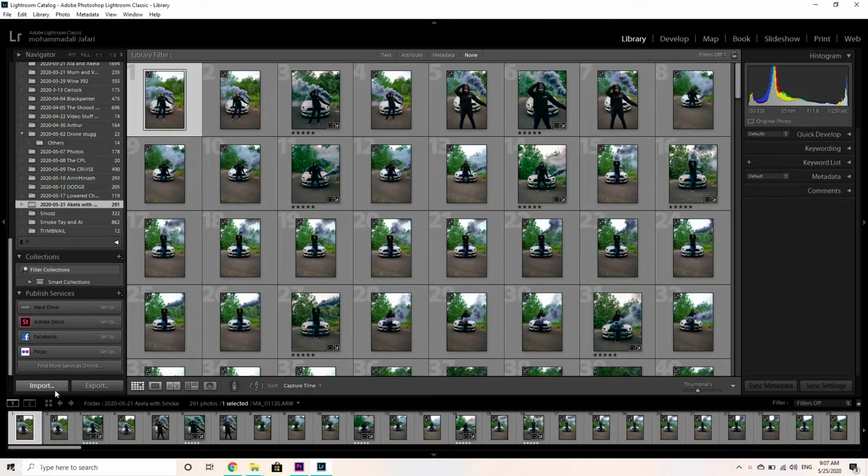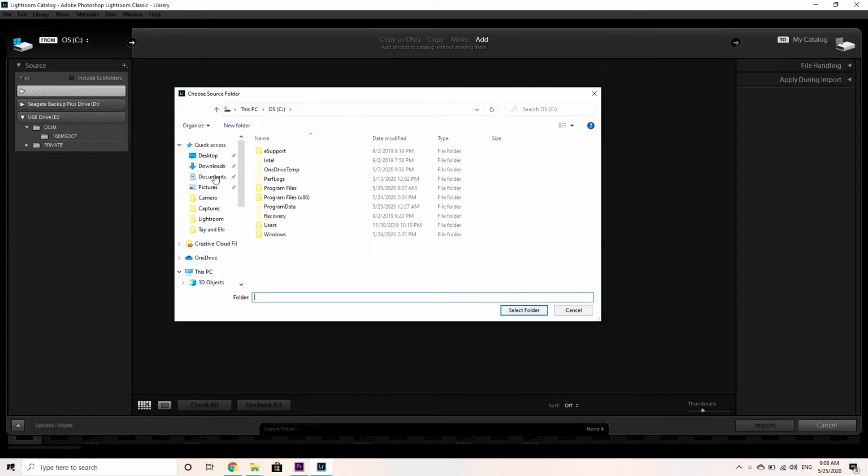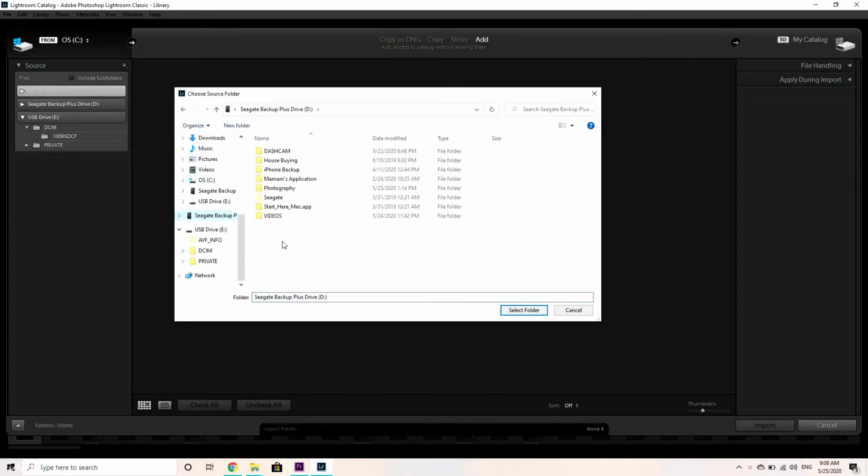So now let's actually import something, because I haven't imported anything for the photo shoot I had yesterday. So again, let's do it again. Go to import, select the source, other sources. I have it on my external drive,